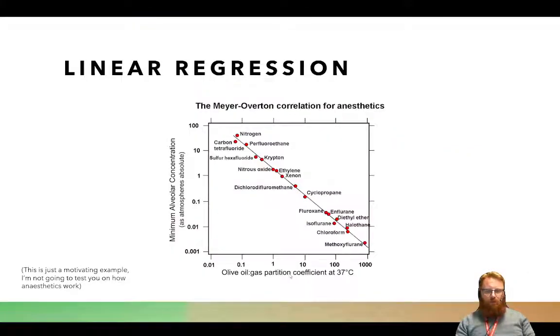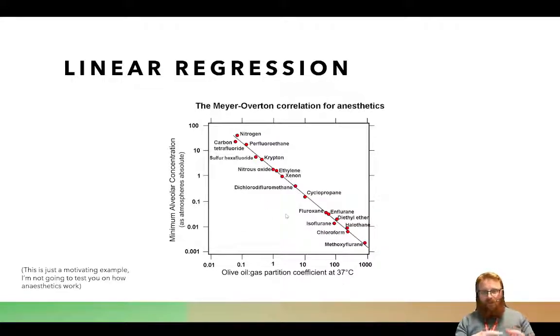So let's start with a motivating example, right? The Meyer-Overton correlation is a pretty famous correlation in pharmacology, how drugs work. What it says is that the more lipophilic a drug is, the more easily an anesthetic dissolves in fat, how far to the right they are on this graph, the more potent that anesthetic is, right? So you have chloroform, which is very fat soluble, along with halothane, and they need a very low concentration to put you under, while xenon is much less fat soluble, and you need a much higher concentration to put you